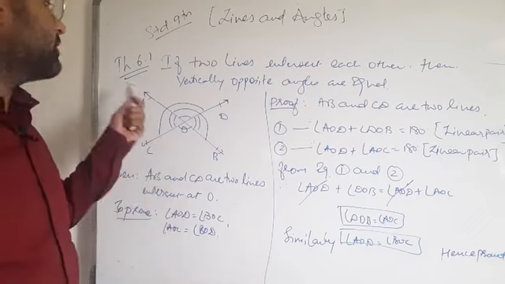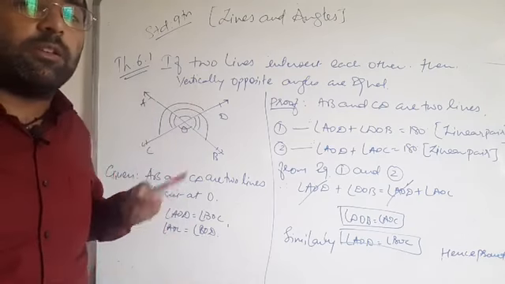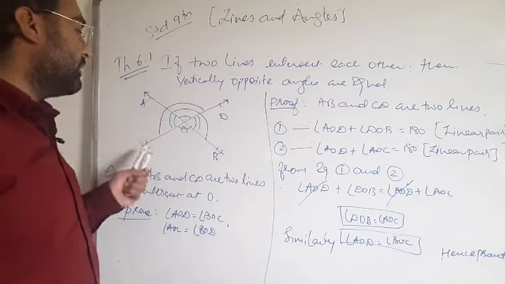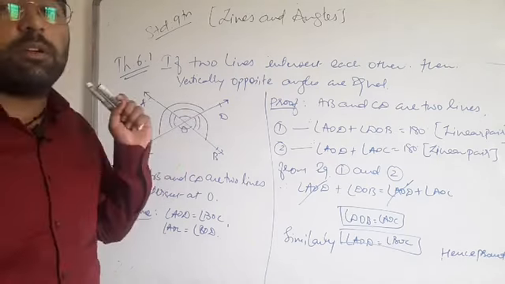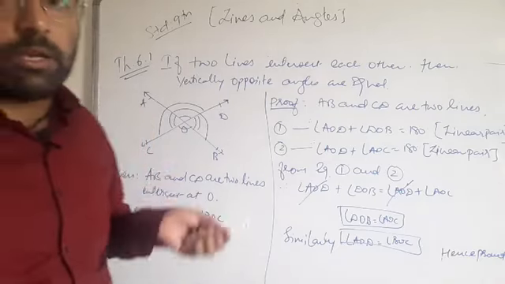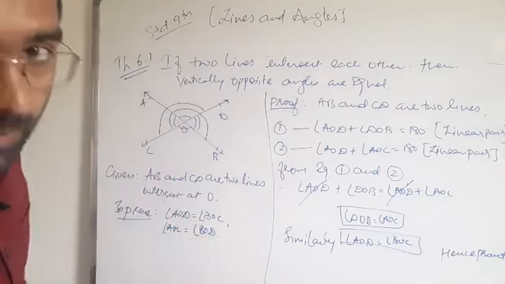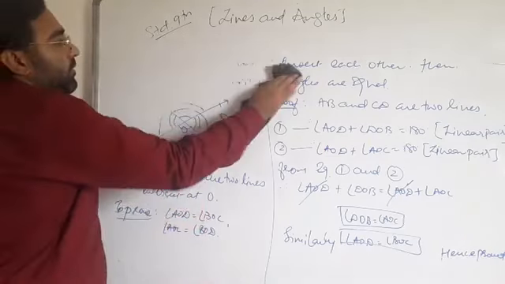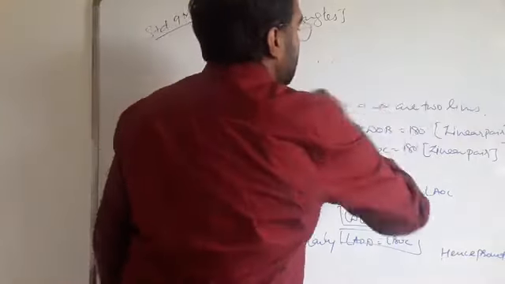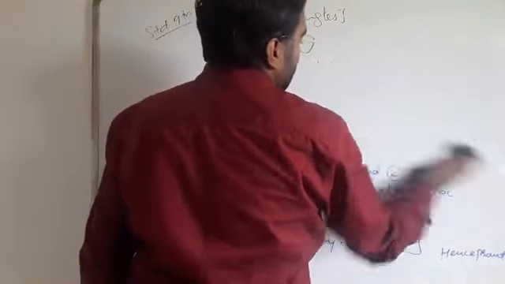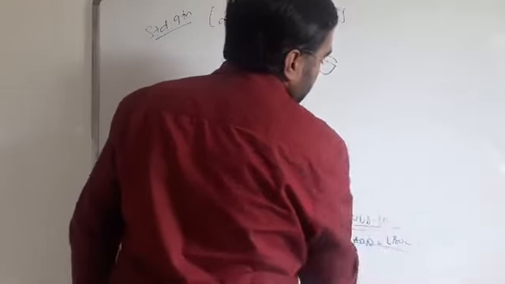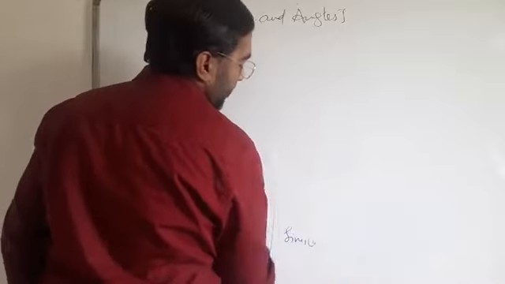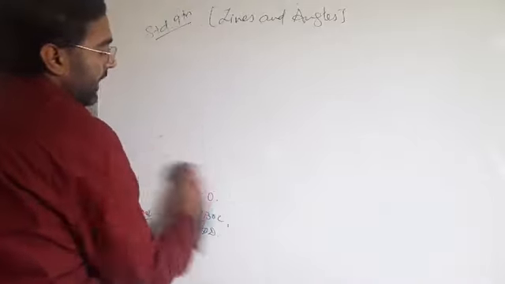This is your theorem 6.1. From this theorem we can prove that vertically opposite angles, that is AOD is equal to BOC and AOC is equal to BOD. Vertically opposite angles are always equal. Okay, now we have to go for the concepts that are used in exercise 6.2. Those concepts are related to parallel lines.